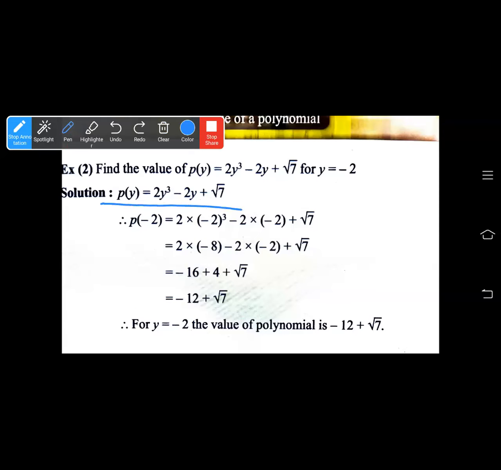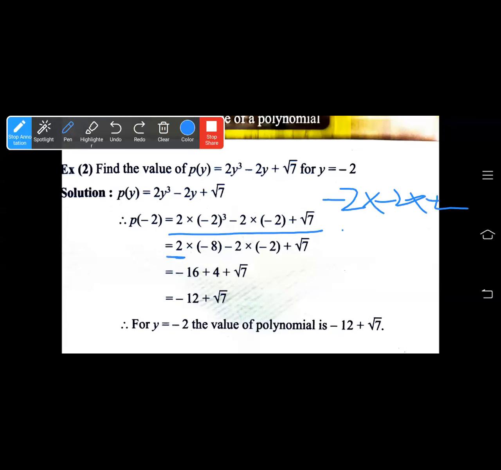Fine. Then write in place of y, write minus 2. Everywhere, wherever y is there, you have to write minus 2 over there. 2 multiplied by y cube, so minus 2 cube, plus minus 2 into y is there, so minus 2 into minus 2, plus root 7 is there. Okay. So this you will get 2 multiplied by minus 2 cube means minus 2 multiplied by minus 2 multiplied